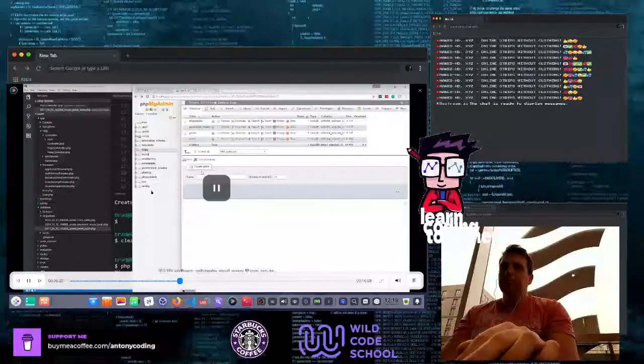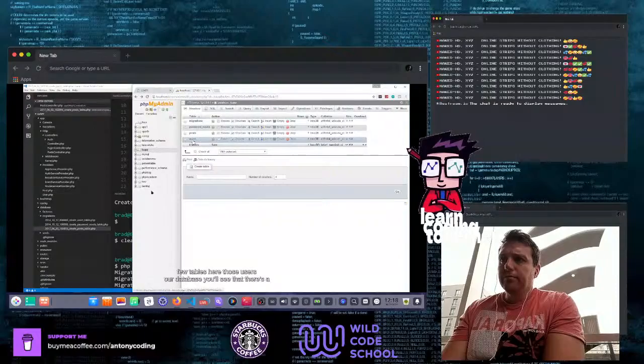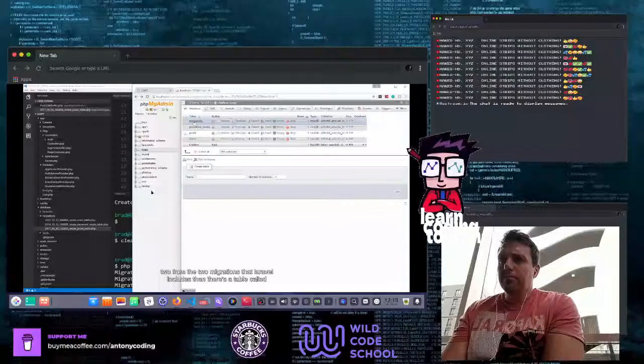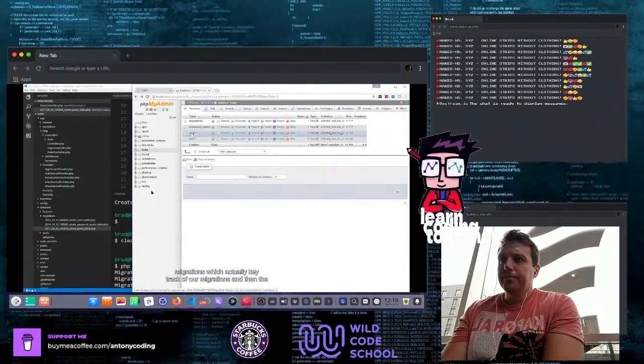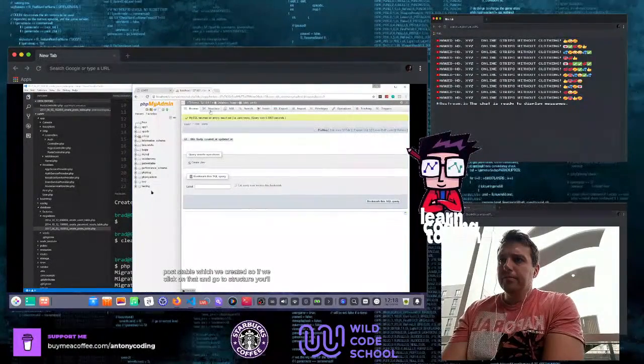And now if we go to our database, you'll see that there's a few tables here. There's users, there's password resets. Those are the two from the two migrations that Laravel includes. Then there's a table called migrations, which actually keeps track of our migrations, and then the post table, which we created. So if we click on that and go to structure,